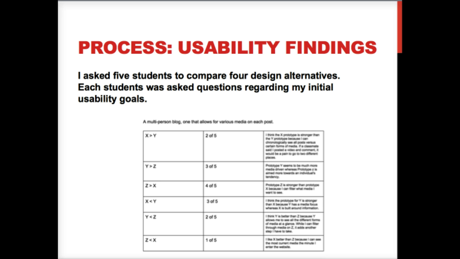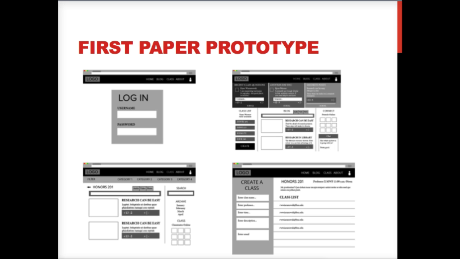Another finding was that people really liked the user center version, because that's the whole goal of the website: you're asking a question, so you need to know immediately if someone's responded, because you don't want to be sitting there waiting, not knowing. That's the whole purpose, being timely, quick, efficient, answering your questions when you need to. So taking what I learned from this design alternative, I was able to build my first paper prototype.